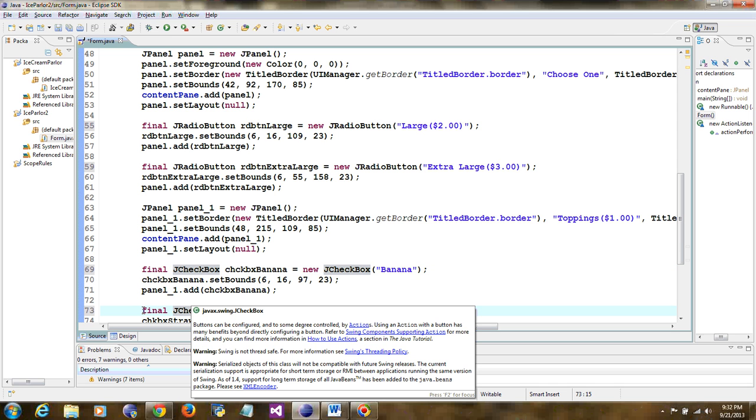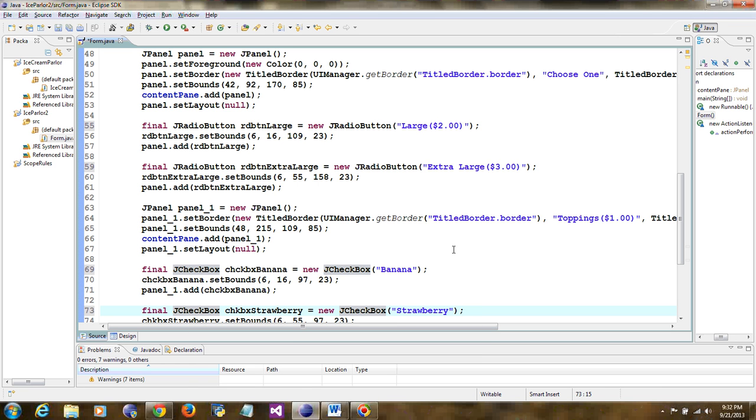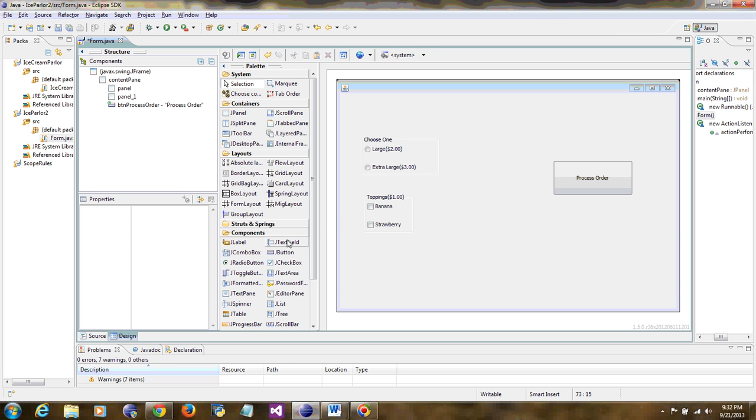And final. And those of you who are not understanding most of it, don't worry, my only focus is to make sure that you understand nested if and else and standalone if and else. Otherwise, the rest you will learn in more detail when you do advanced Java class. Alright, so the goal here is that user will choose one of the sizes and 0 or 1 or 2 toppings, and then they will process order and their cost will show up, how much money they spent on their order. But for that we need some